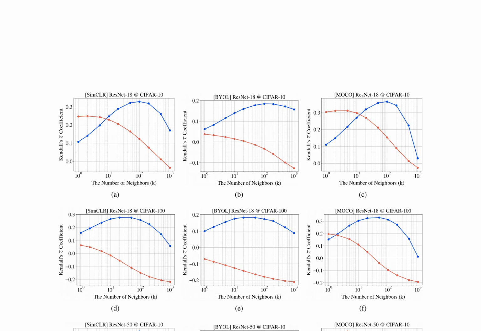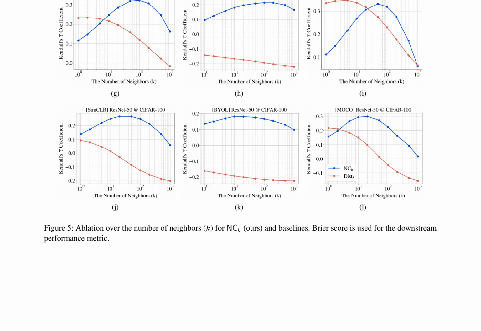The authors investigate the impact of neighborhood consistency on downstream task performance by ablating the number of neighbors, K, in their proposed NCK method. Figure 5 illustrates the results, showcasing that NCK outperforms baselines in terms of Brier score, a metric used to evaluate the calibration of probabilistic models. The performance gain is most pronounced when K is small, indicating that incorporating neighborhood consistency information is crucial for improving